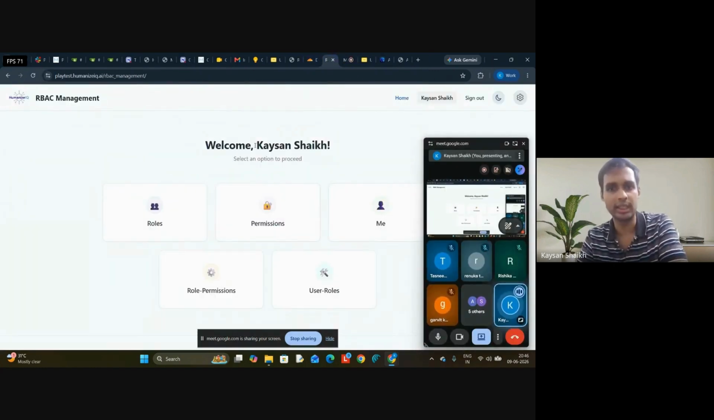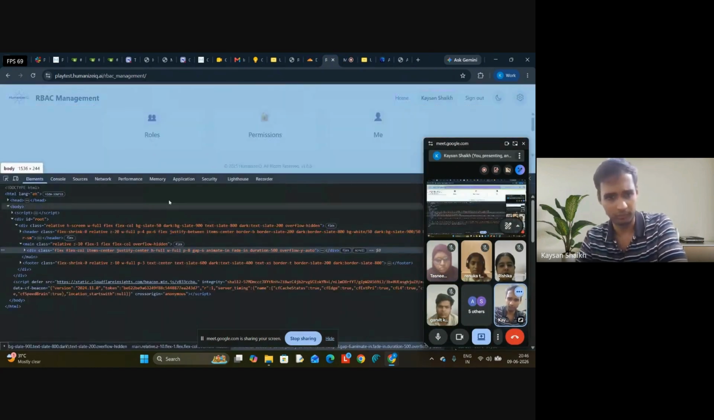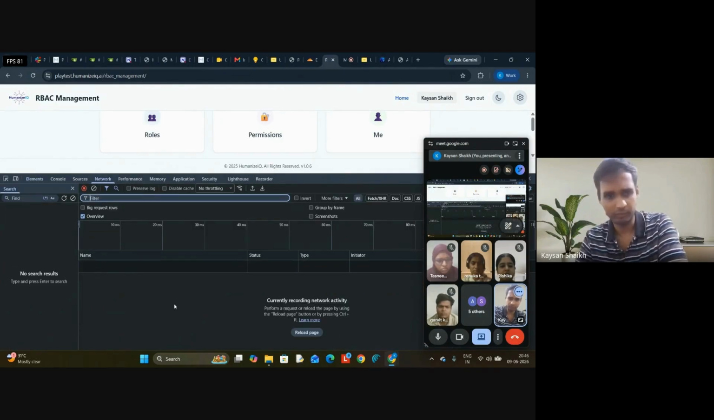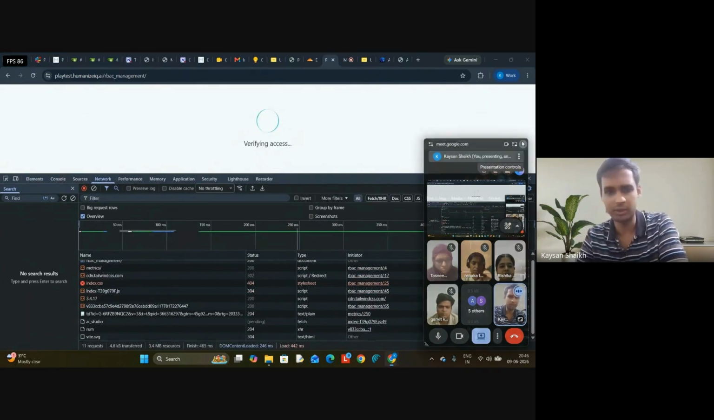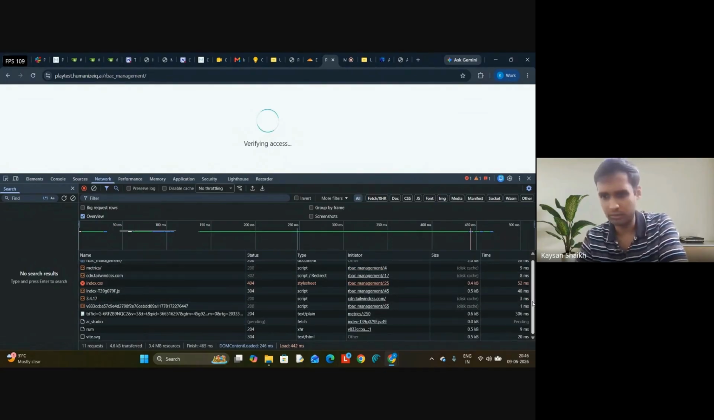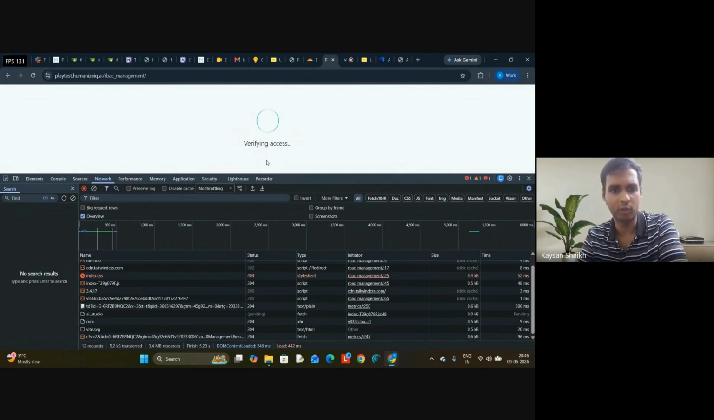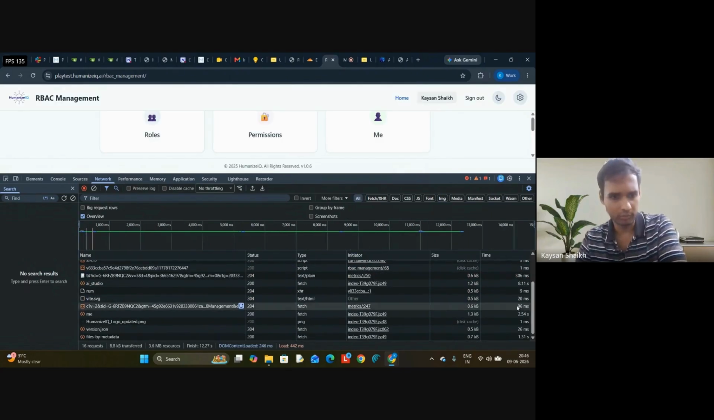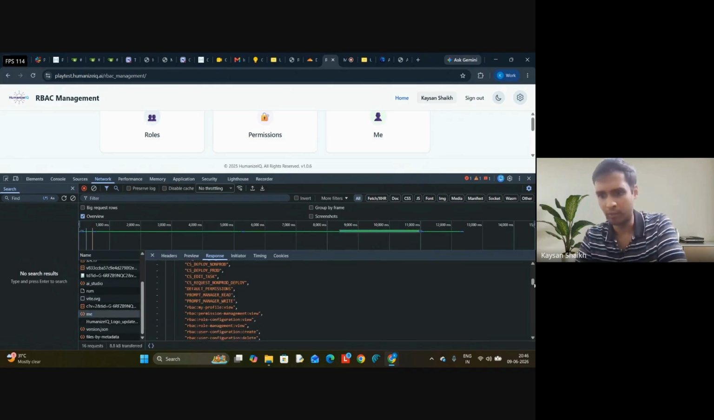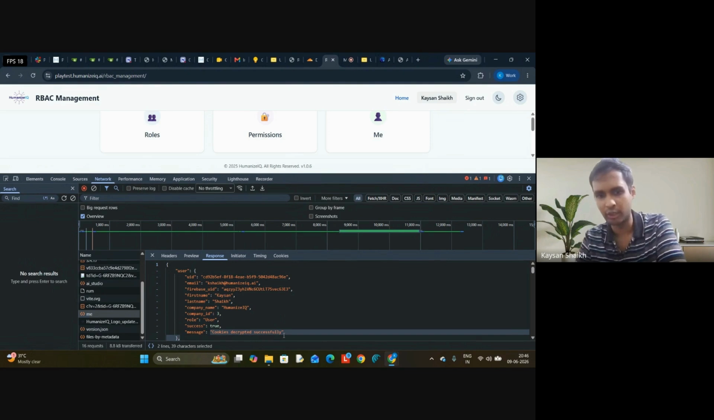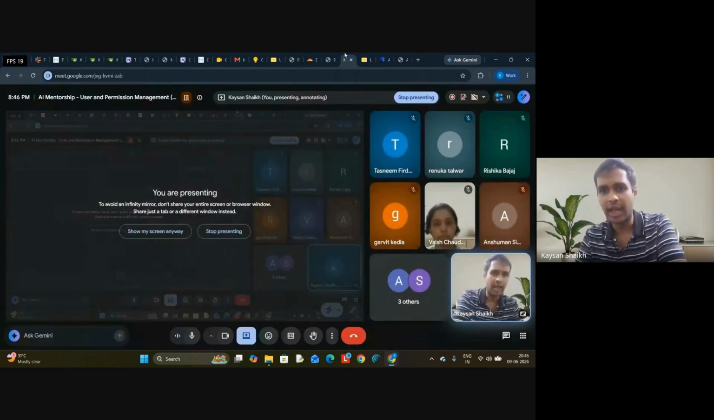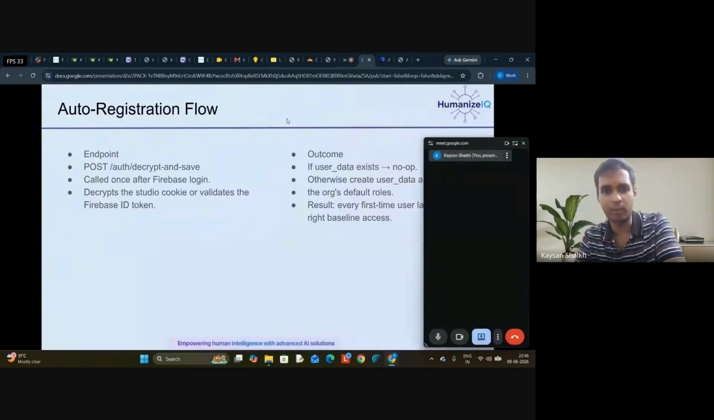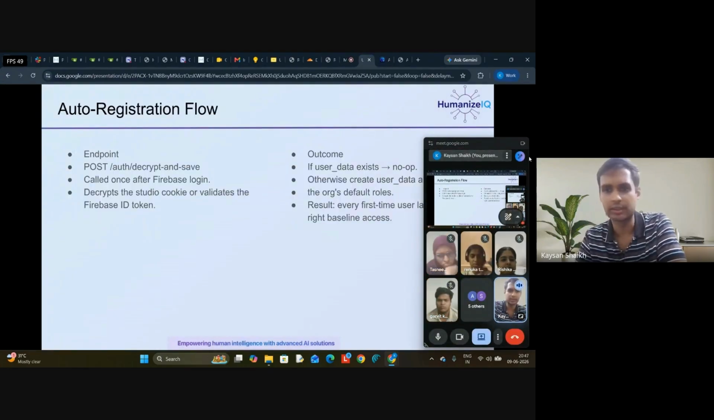If you see here in the network call, if I reload the page, it will verify the access, it will call the me endpoint, and it will show me the response in the me endpoint. Okay. If you see this information, cookie at the message, you can see cookie decrypted successfully. So it sent the cookie, and that cookie is decrypted by this endpoint, which is called